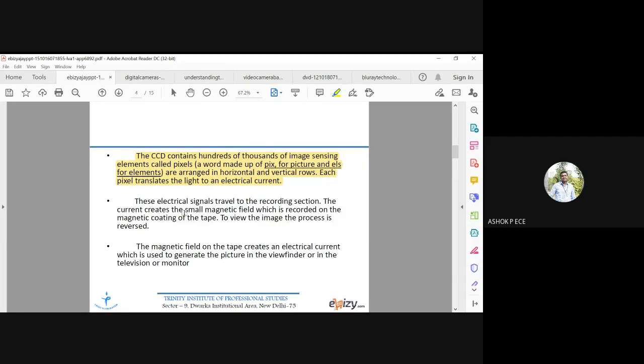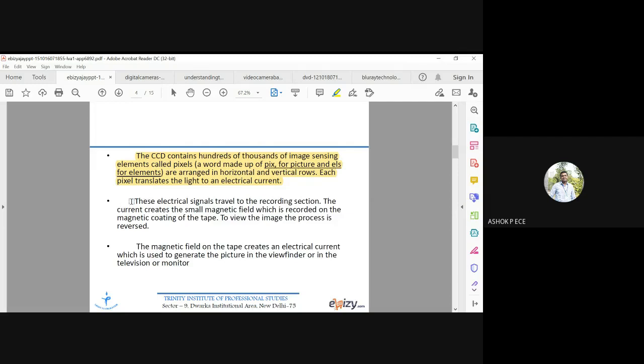From a pixel you can either get the information it is going to have, or you can make a pixel display light. Those are the two possible ways. Each pixel translates light into electrical current. Here the pixel does the reversing: it converts light into current. But when you give current to a pixel, that pixel is going to glow. Both ways are possible. It's a reciprocal device. Okay.